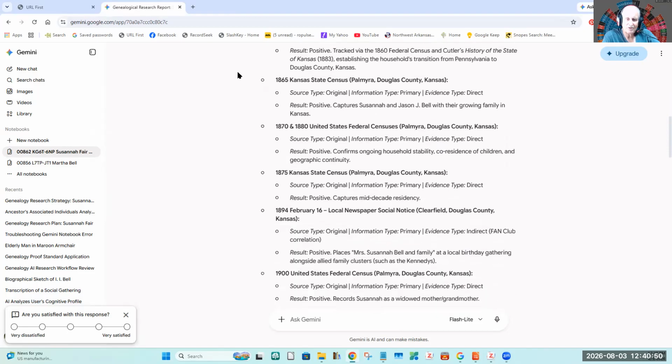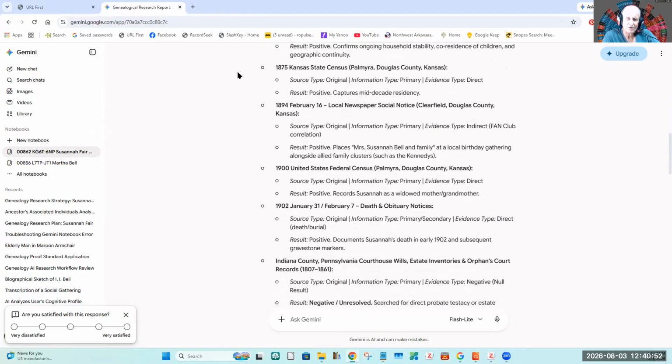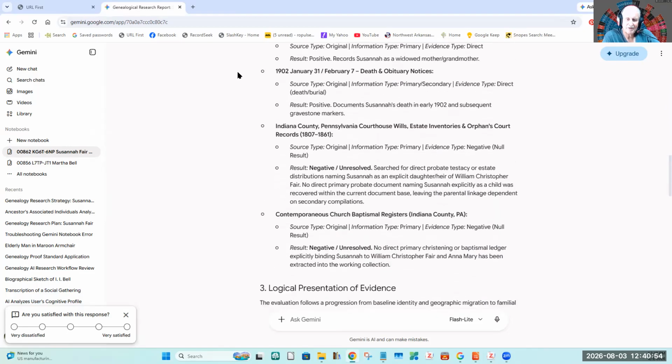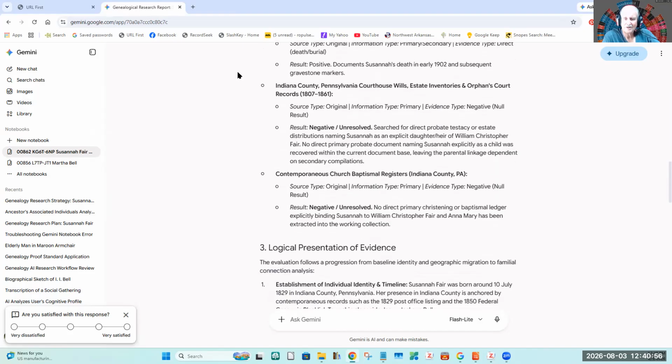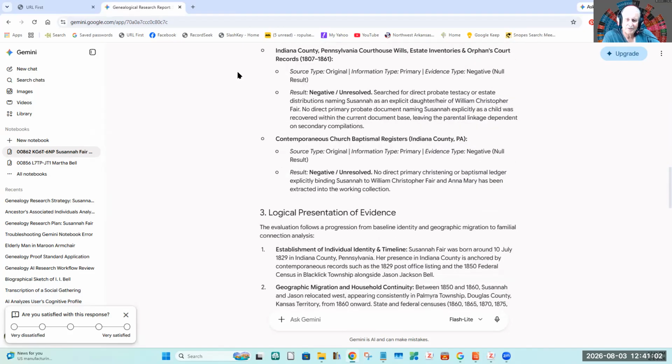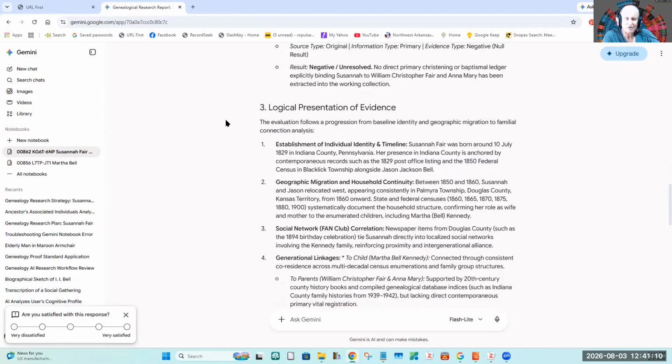So this goes down through each one of the sources that I've identified, and shows what's there. And then these are negative records here, and they don't exist in the sources. So that's the reason why they do that.